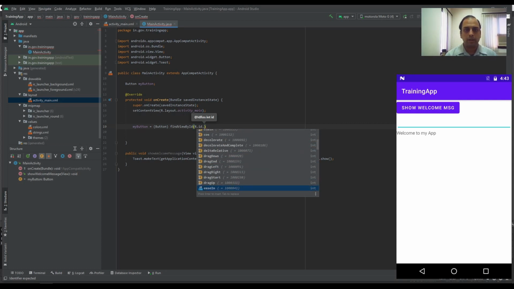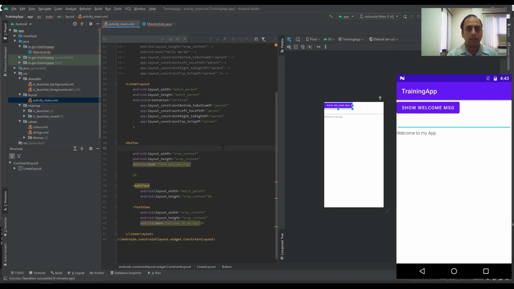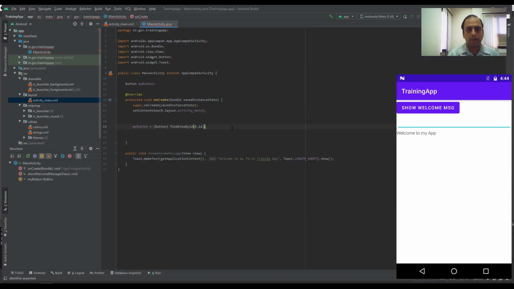it is not detecting because we have not told what ID it has. Okay, so first you have to create the ID in this. So I have to create an ID here. This button has the ID as, okay, this is the ID. Why is it not taking? Okay, now it has taken. R.id dot.